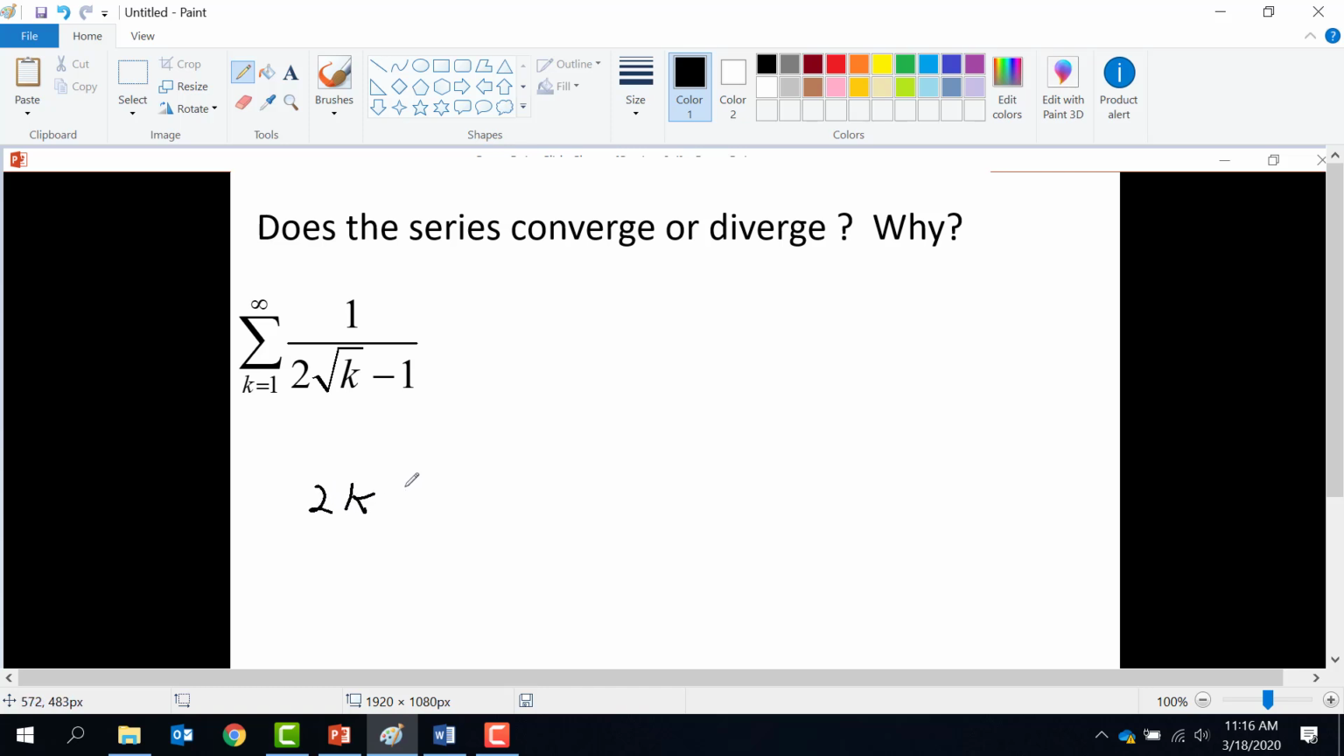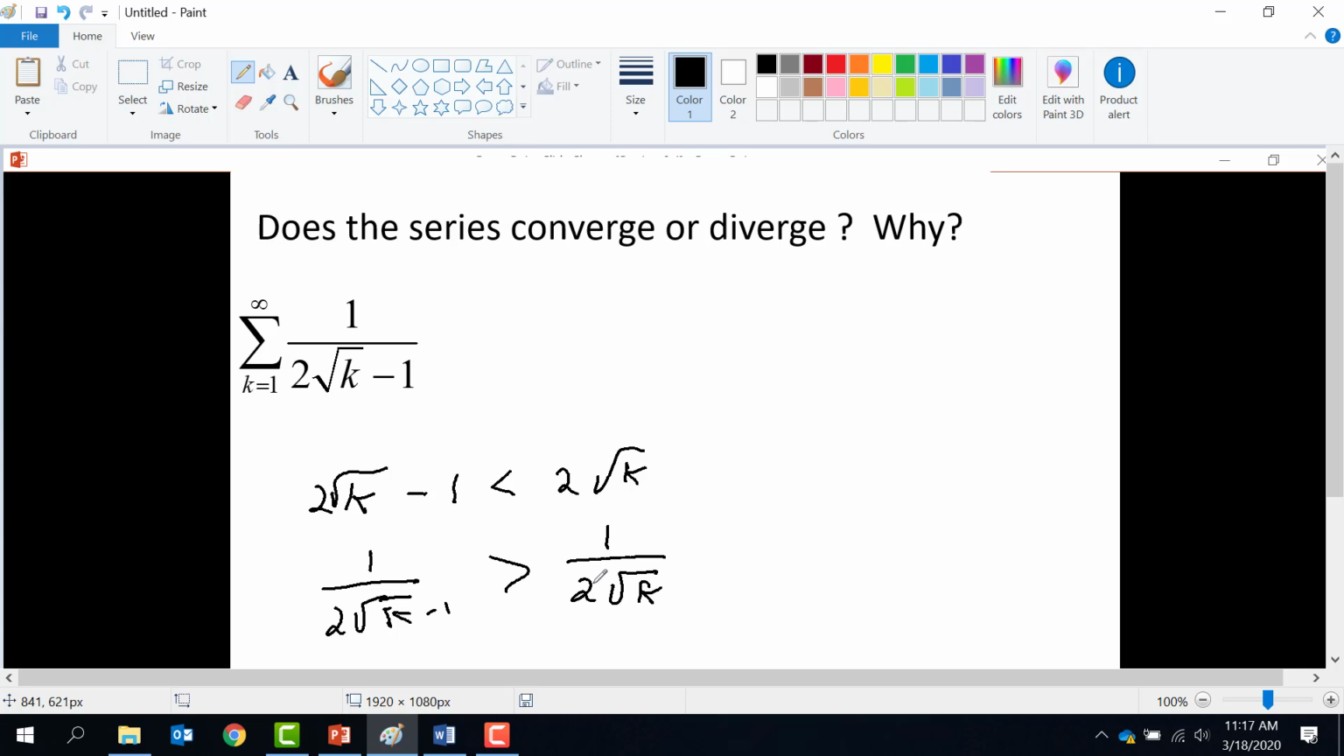Now, obviously, 2 times the square root of k minus 1 is less than 2 times the square root of k. You've subtracted 1 from it, so you're going to get a smaller number. And so when I flip it, 1 over 2 times the square root of k minus 1 is going to be bigger than 1 over 2 times the square root of k. We had already decided that 1 over 2 times the square root of k diverged